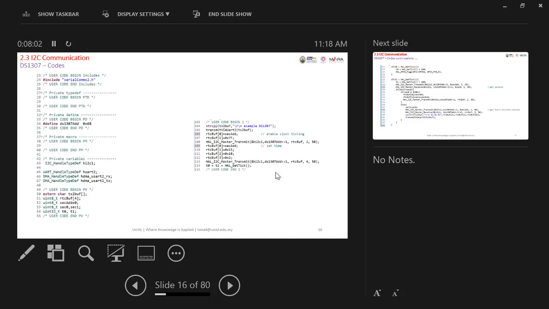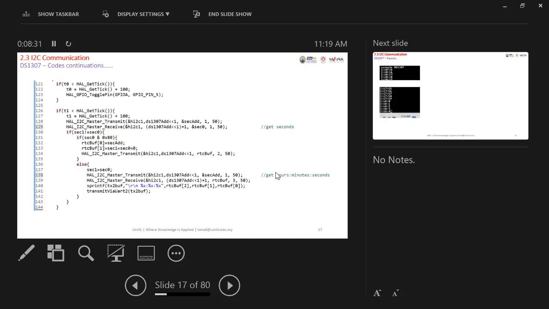Right? Which address should we start? You should start at address second, or 0. Right? So the address must be the second address. So to set time, we send 4 data, which is the first address to be written, then the data for second, the data for minute, and the data for hours. We have 4. Okay, then after that, in the loop